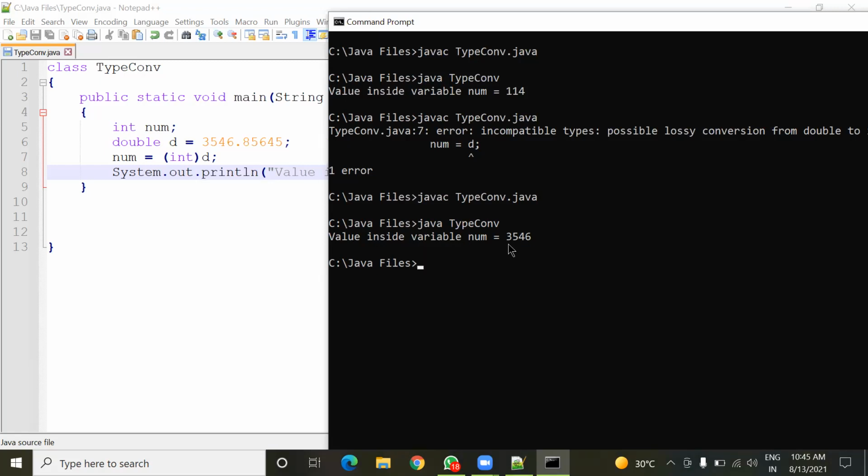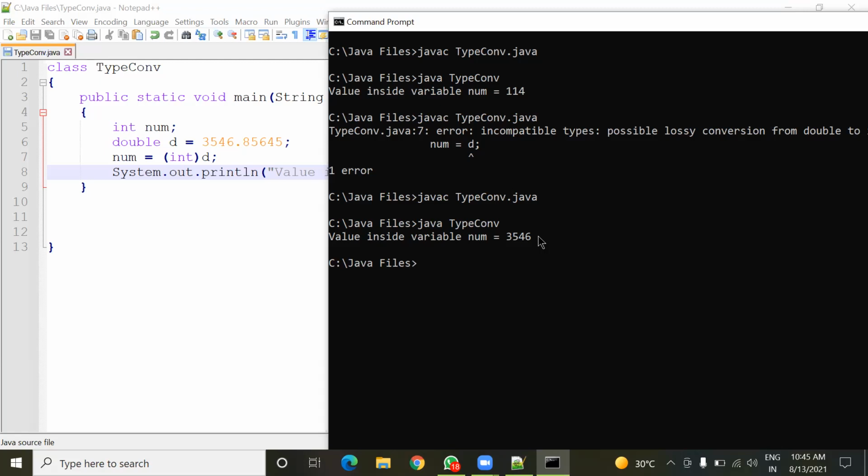So this is called data loss. Here data is lost, all values after the decimal point. So whenever we try to convert explicitly, there may be data loss in the program.